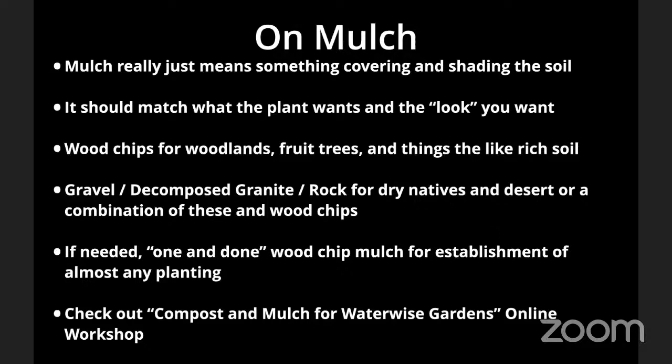And so what I'll often do is I'll call it one and done wood chip mulching, where in a planted area, when it's planted, it might get pretty much wall to wall in the open areas, other than not right up against the plants, wood chip mulch of 2 to 3 inches deep. And then maybe I'll mix in just a little cobblestone or gravel just for the look of it. But then as the plants grow in, the plants are mostly covering the area. So you're not going to have a lot of wood chip over time. And then there might just be a mix of kind of that natural leaf litter and some rock and gravel